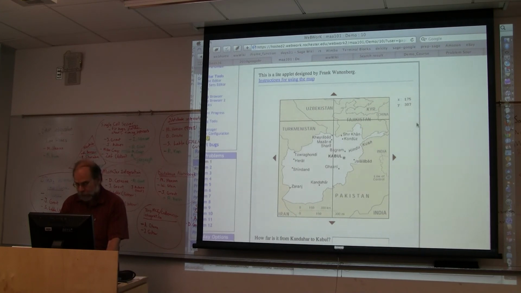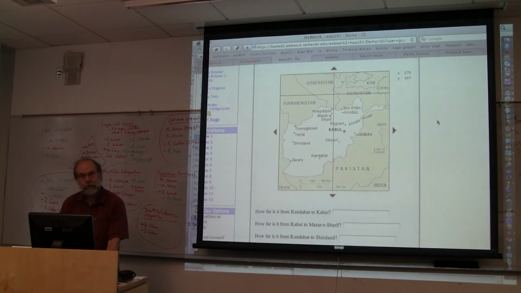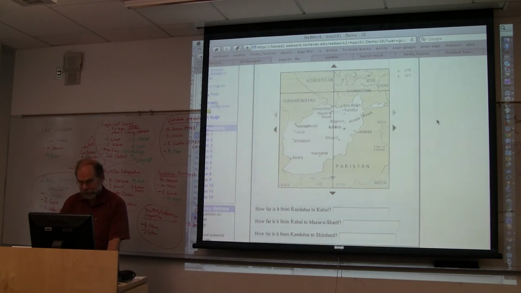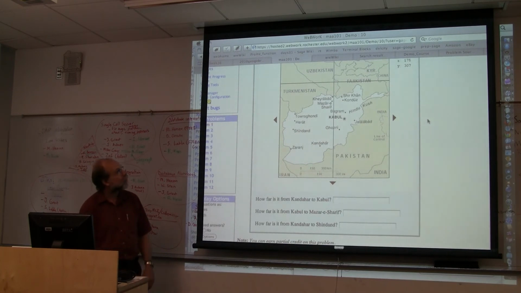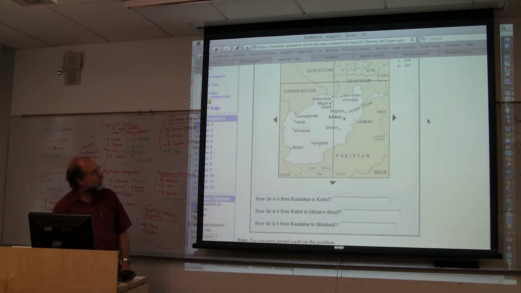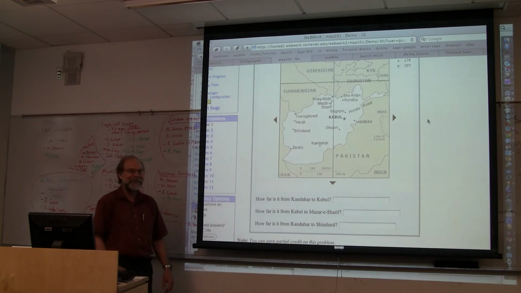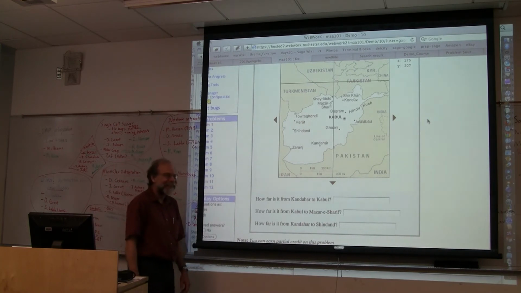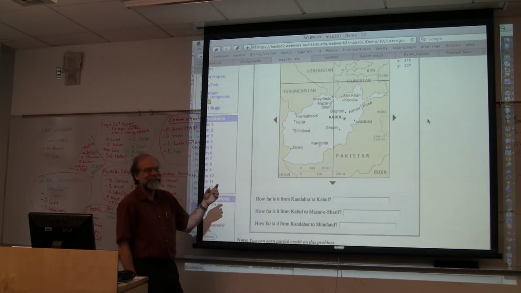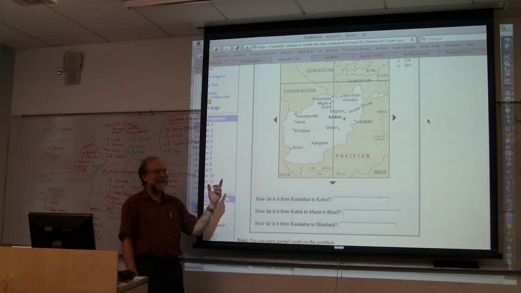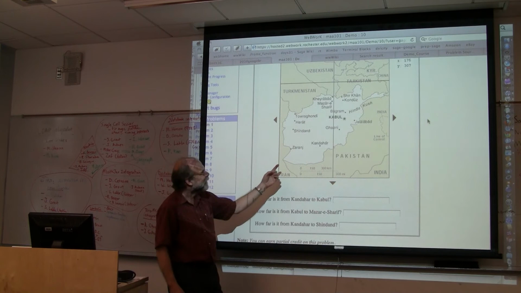And the question, so I actually consider this for a pre-calculus type of thing, which I don't teach, so I haven't had a chance to use this, is a really great question despite its simplicity: how far is it from Kandahar to Kabul? Well, obviously you have to use the Pythagorean theorem. This was done quite a while ago, but we're still there, so it's still relevant.